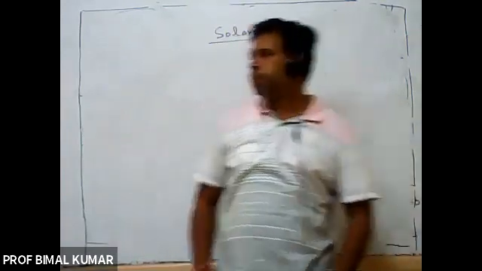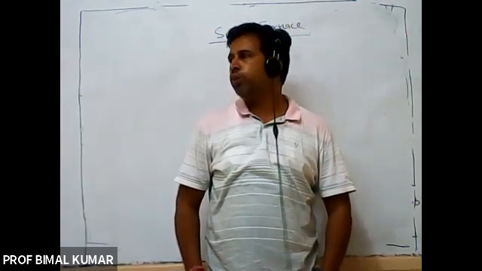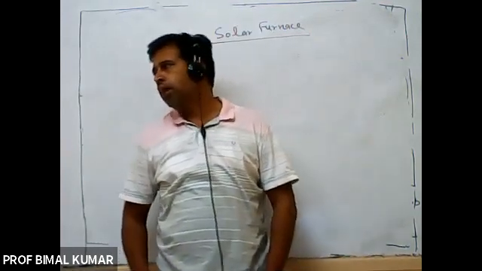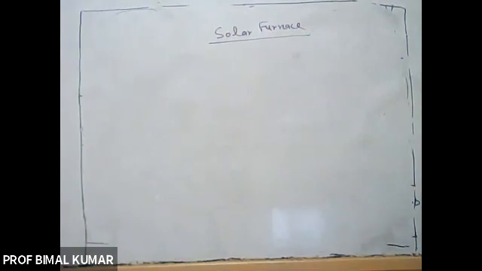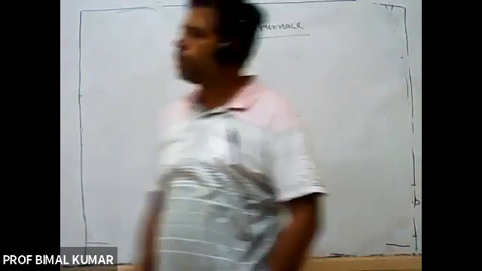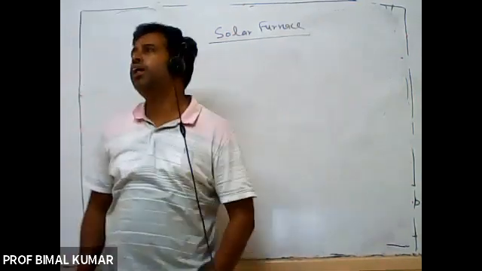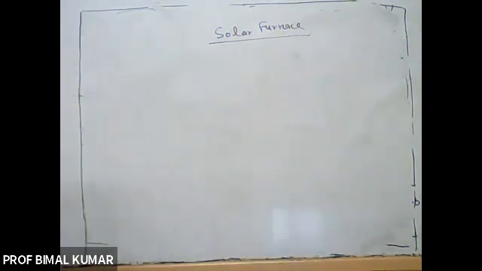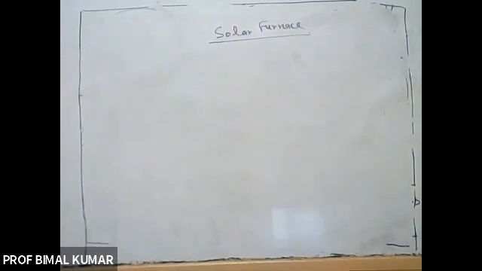So what I am saying is that the output voltage of the solar cell is 0.5 volt, and if we want more voltage and more current, then we will have to connect these solar cells in series or in parallel combination to achieve the required specification, right? So that's why solar panels have that many cells connected in series and parallel. These different combinations may be utilized for different values of the voltage as well as different values of the current, right?